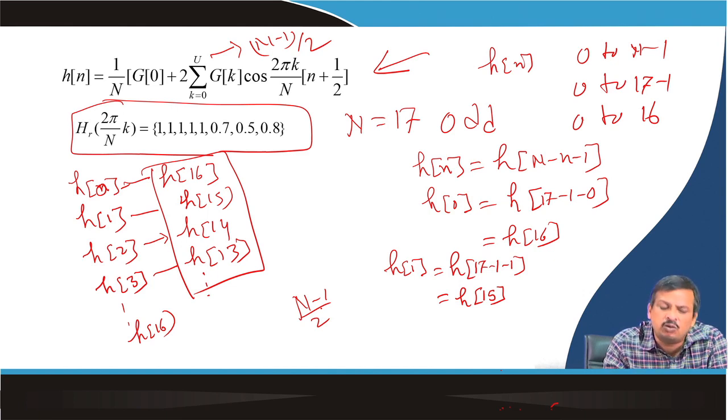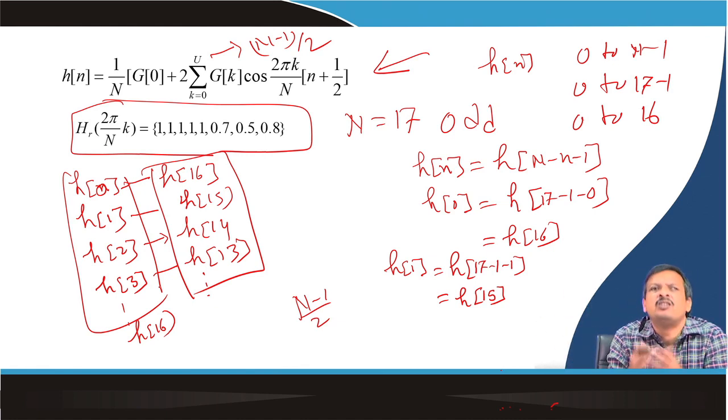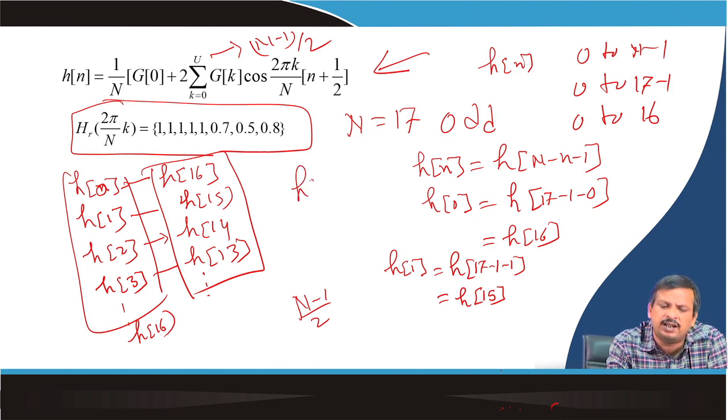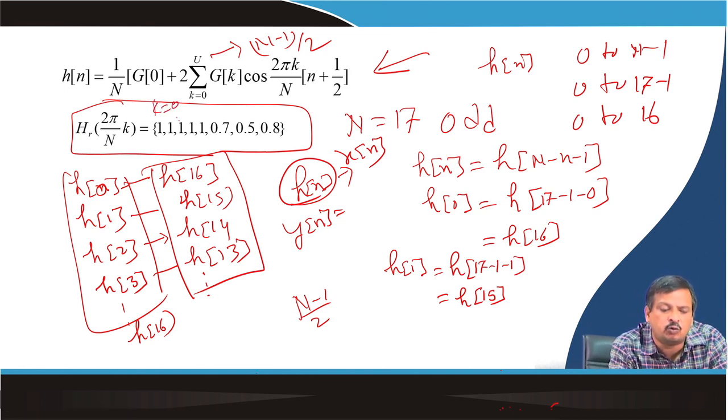Is it clear? I do not have to compute all the h(n). I compute this h(n) and then repeat it on that side, since I know this is a symmetric filter. Once I know the h(n) given, I can compute y(n). y(n) is nothing but the convolution of h(n) with x(n). If I want to know, after the design, the frequency response of the filter, I have that filter. If you see, k equal to 0, 1, 2, 3, 4.